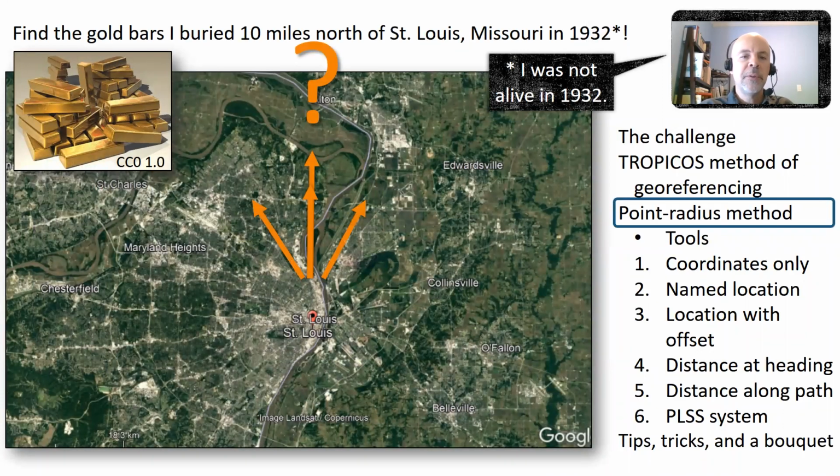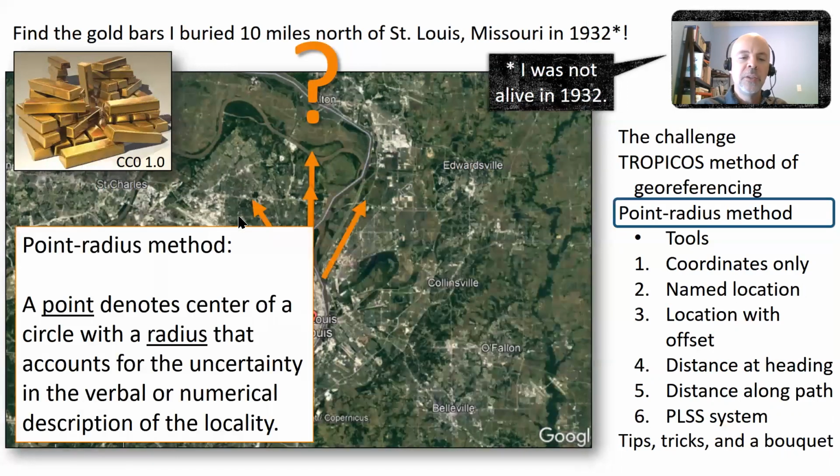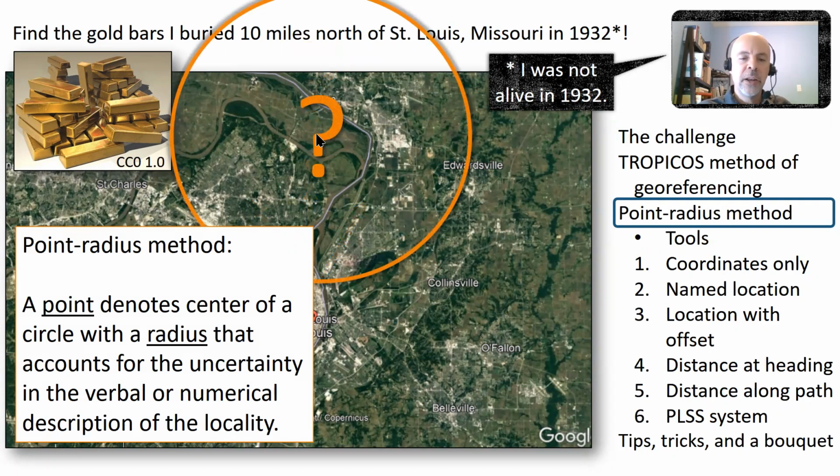So let's go back to our motivating example, our gold bars 10 miles north of St. Louis. As we already described, there are many different locations that you might consider 10 miles north of St. Louis. So the point radius method would take a particular interpretation of this. The point refers to the center of a circle, and I'm not showing you that center here, but you know where it is. And then the radius refers to the radius of a circle that encompasses the most likely location of collection. Now, the circle is not supposed to be, under the point radius method,